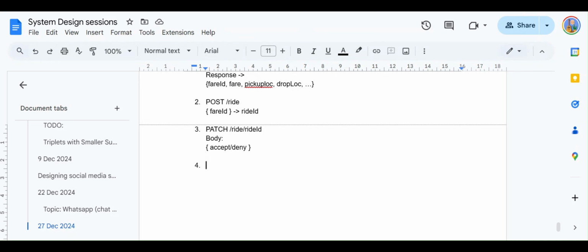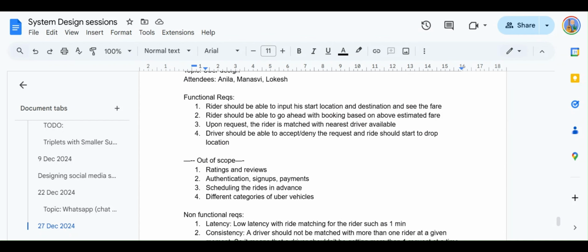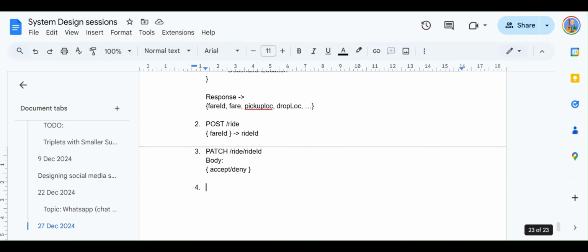Okay, one more API, which is the location update API. We have the drivers updating their location continuously, so we have a POST API where the driver can update their locations continuously. What is that continuously that we will discuss? This will be a periodic update, and the periodicity can be a configurable setting. It can be every few seconds or every couple of seconds, depending upon what the business demands.